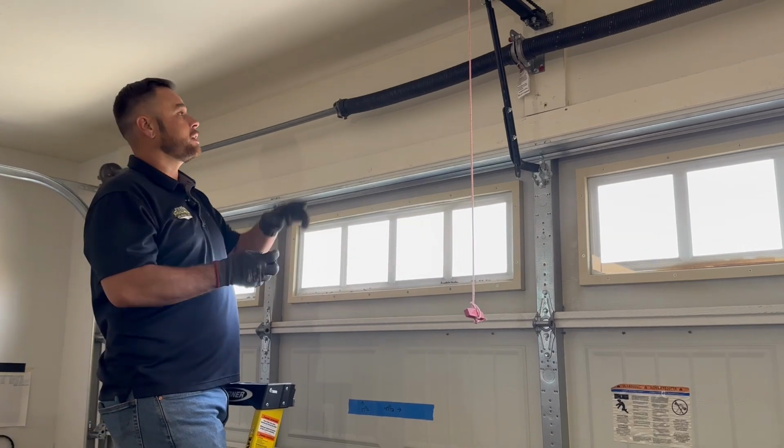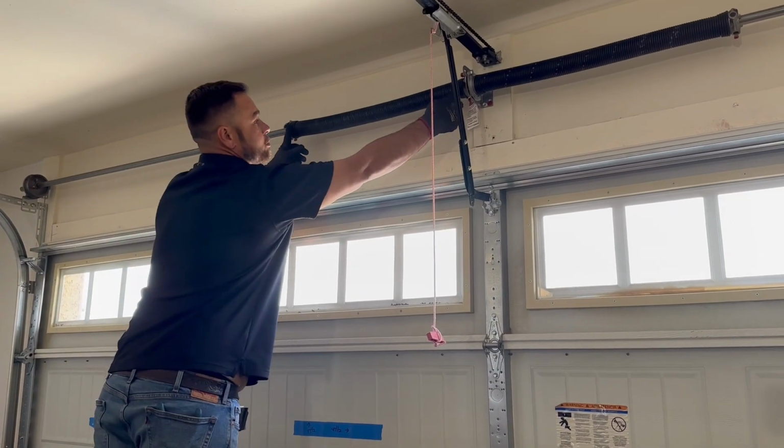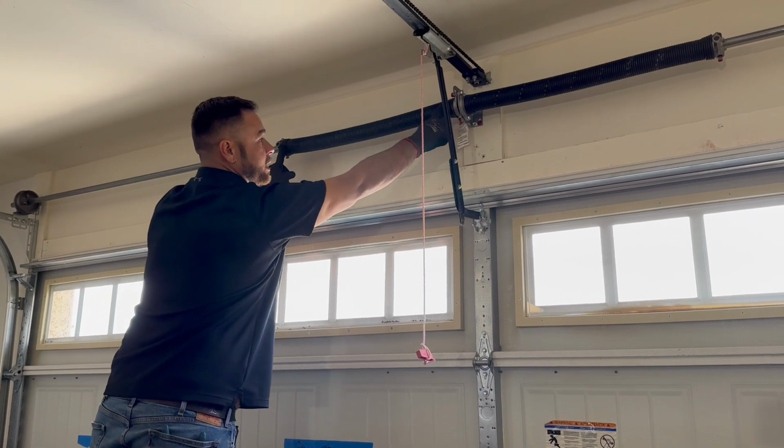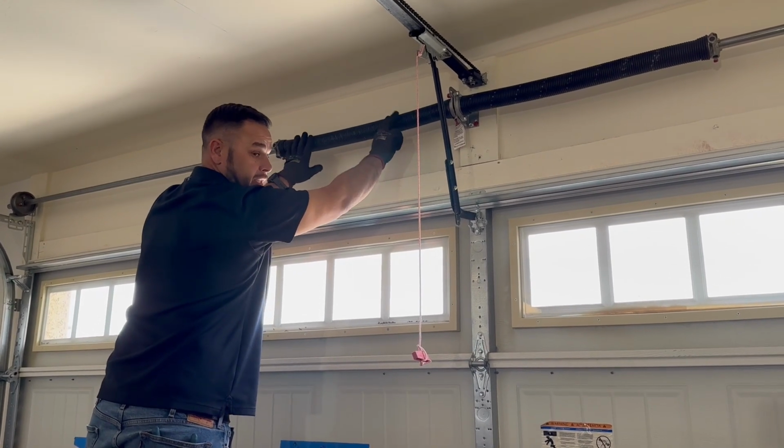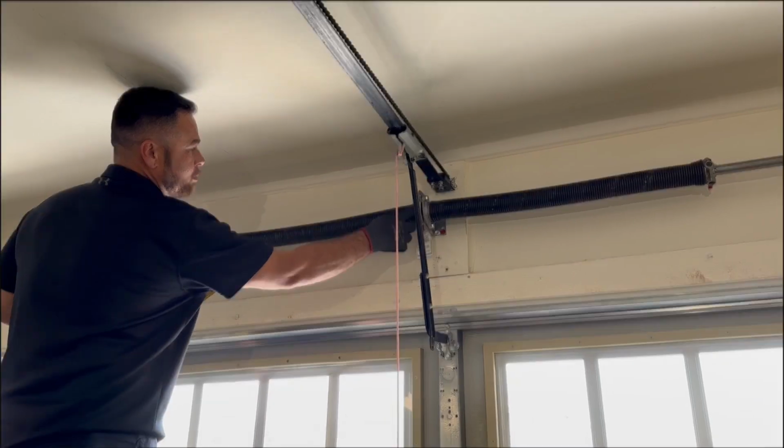So you'll need the wire size, the inner diameter, and the length of the spring. And whenever you're measuring a spring that's wound up like these are, you want to take away 3 inches and only measure the spring. Okay, so while we were filming the actual install of the insulation, I didn't get a